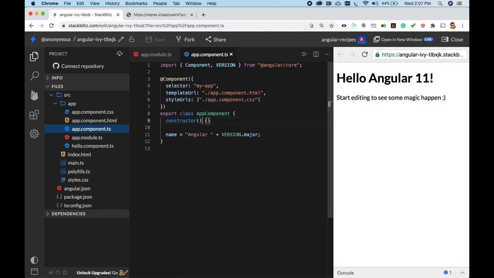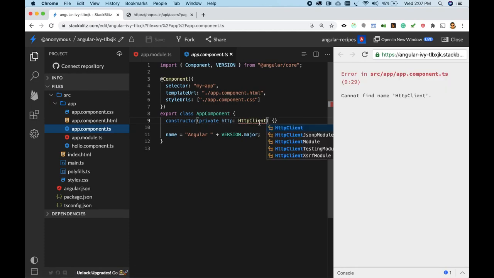Constructor, and here private http client. So this is how you generally do, right?